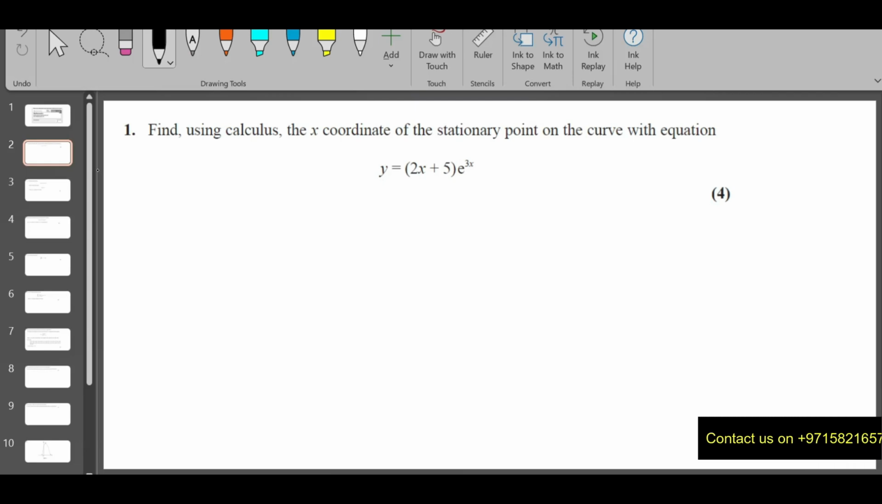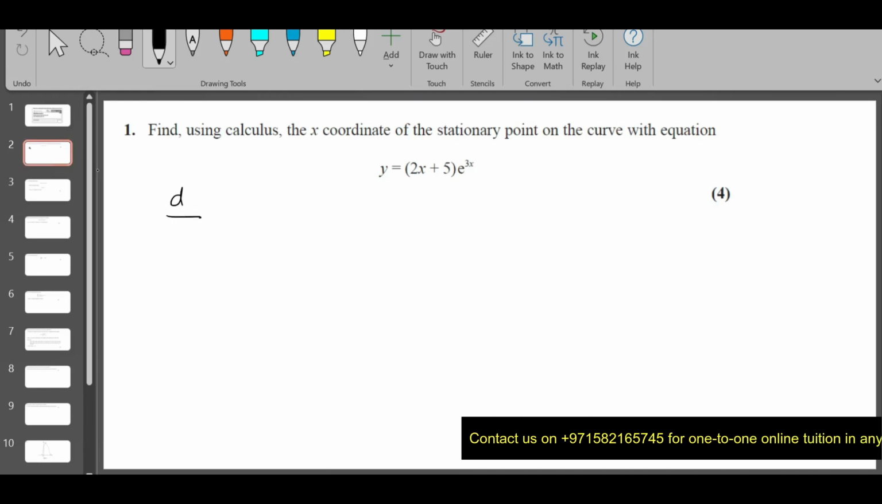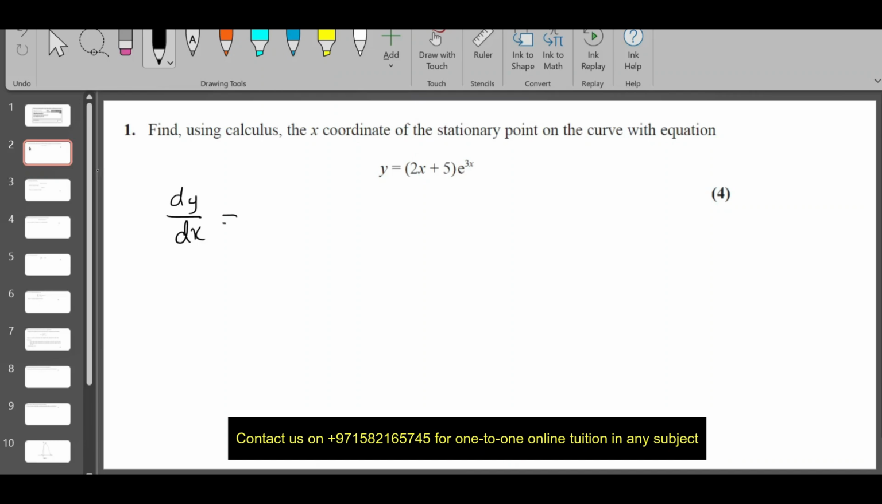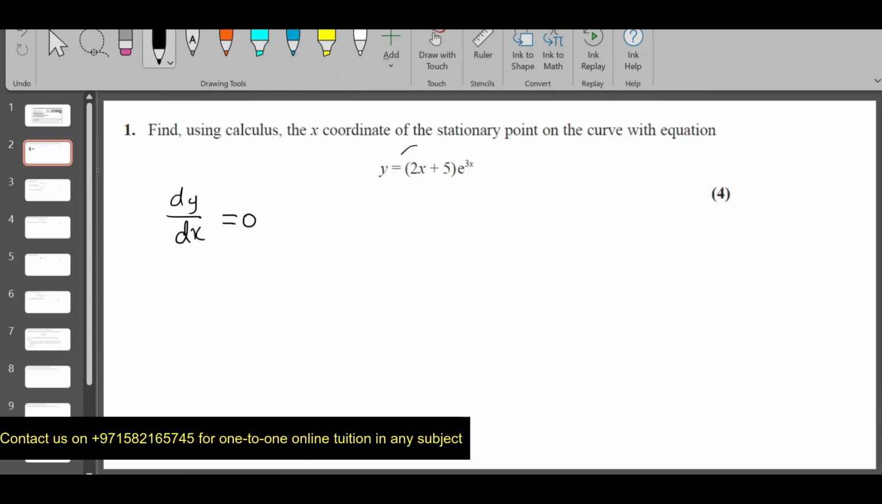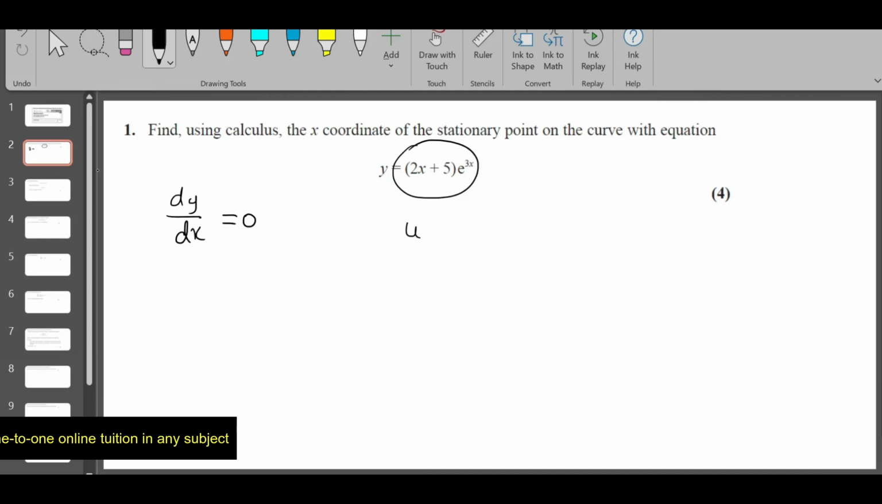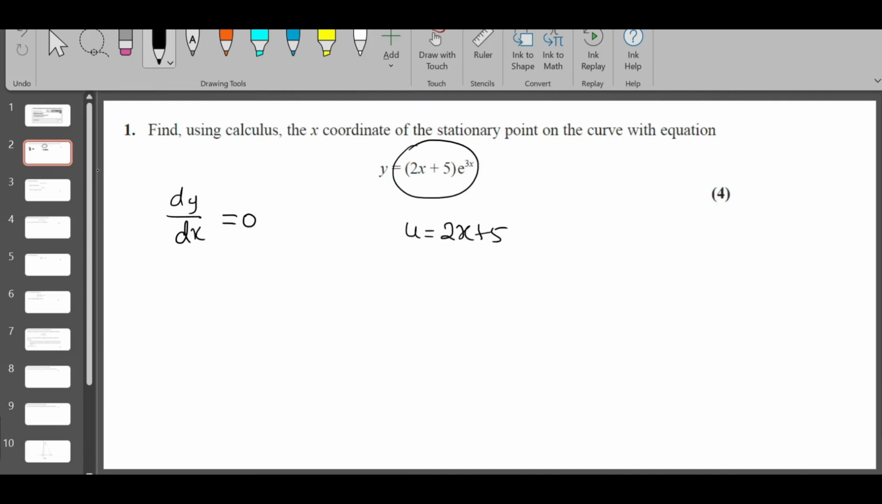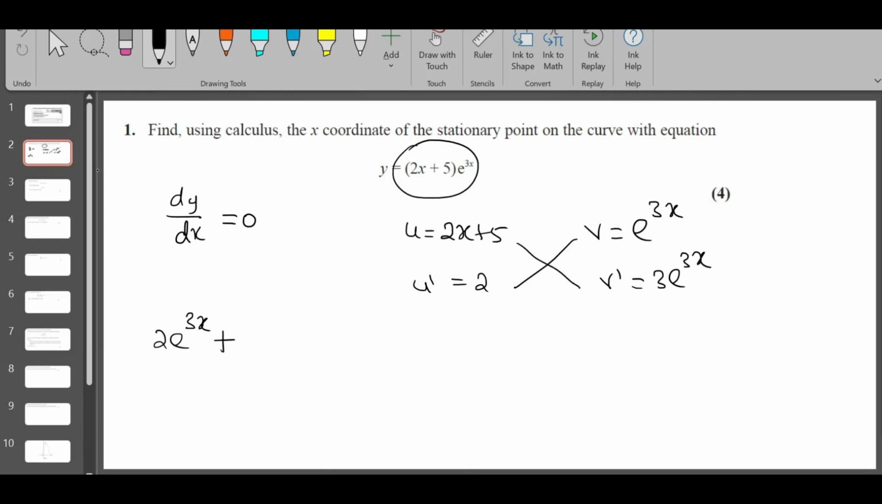To find the x-coordinate of the stationary point, you need to differentiate it and equate it to 0. So how are we going to differentiate it? Take u as 2x plus 5, v as e to the power 3x. u dash is just 2, v dash is 3e power 3x. Now apply the product rule: vu dash, that's 2e power 3x, plus uv dash, which is 2x plus 5 times 3e power 3x,